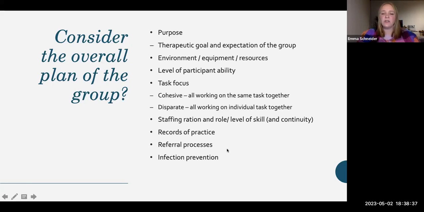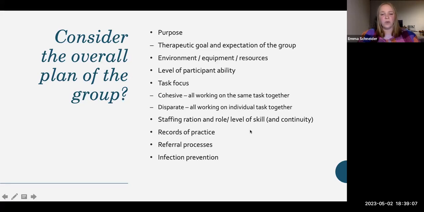Staffing rotation, so thinking about how staff are going to be coming in or out of that position. Is there a position that's stable, that provides some coordination in terms of delivering that group? What's the skill level of staff? How do we make sure that we're supporting and training staff, particularly if they've never run a group before? How are we recording the records of the practice sessions? So we're making sure that we're monitoring the amount of practice minutes that are active and the number of repetitions, and that we're keeping good records.